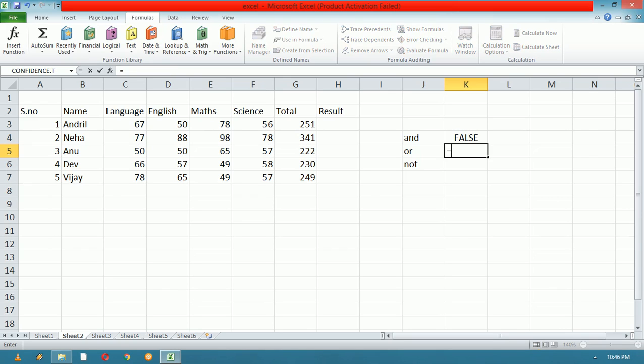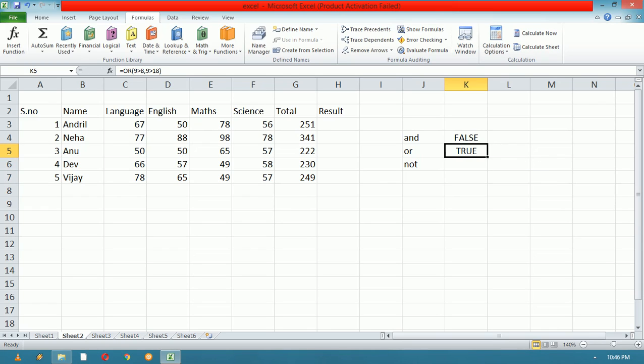Whereas in the or statement, if any one of these statements is true, it gives true. Right. So for example, let me give like this, right? So this is true and this is false, but it gives you the true statement, right?